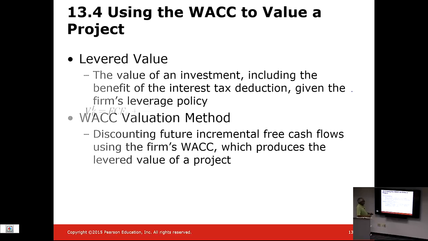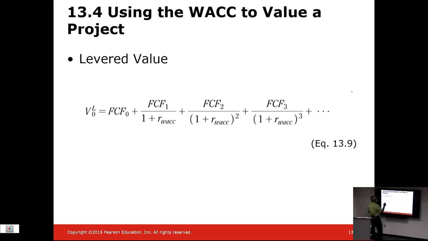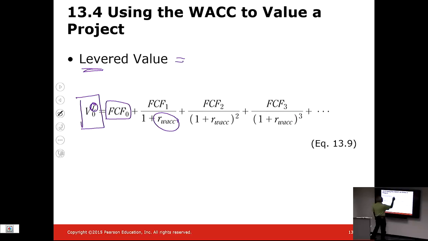The way we do this is essentially we calculate what is called the free cash flow of the firm, or free cash flow of the project, and we divide it with the weighted average cost of capital as the discount rate, and that will give us what we call the levered value, meaning the value of the firm that is inclusive of debt. Levered value means it is simply the value of the firm or the value of the project, depending upon what the cash flows are,